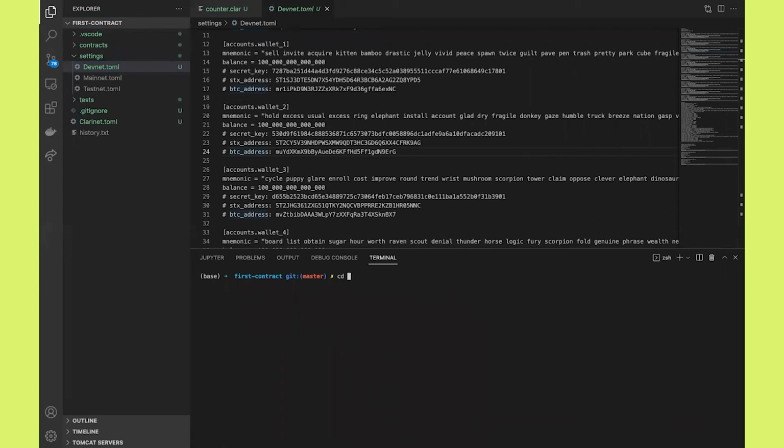I would probably get out of this. So how do you create a Clarinet project? This is the first thing that we need to do to start writing contracts. So I am in my current directory, which is work. And if I have to create a new project, the way I do it is using the command clarinet new and the name for the project. So I'm going to call it maybe